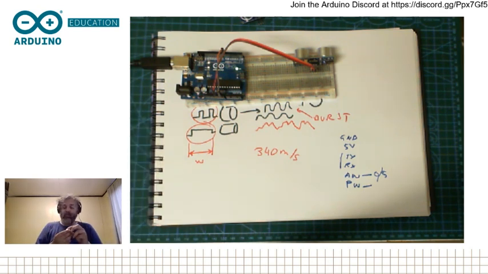There are different types of MaxBotix sensors. Some of them can pile up to 7 or 8 measurements, so they can receive. They don't listen just to the first echo and stop. They listen to multiple echoes. In that way, they can give you the response of multiple objects on the way.